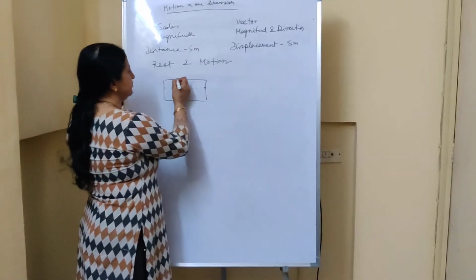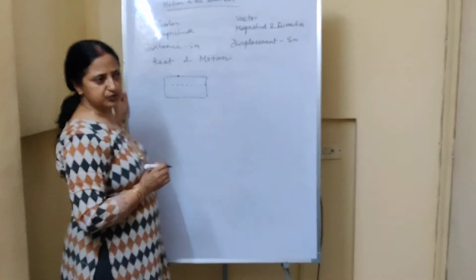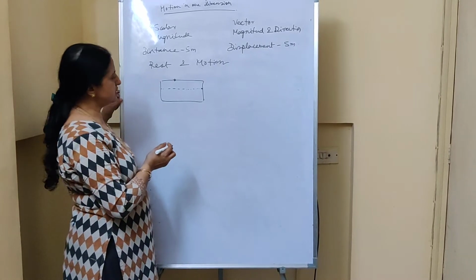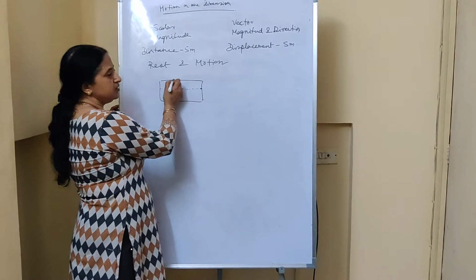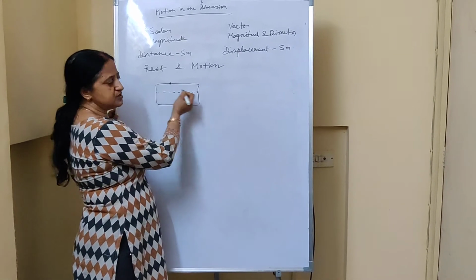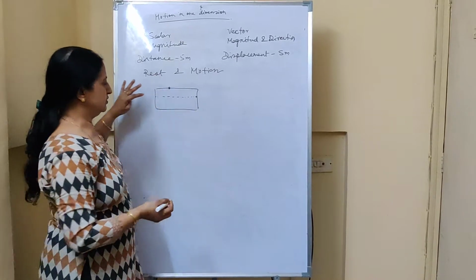So he is in motion. With respect to you, he is changing his position. That's why he is in motion. So anything, with respect to its surroundings, if it is not changing, like you sitting in one place, then you are at rest, and your friend, he is changing his position, so he is in motion. So this is the concept of rest and motion.